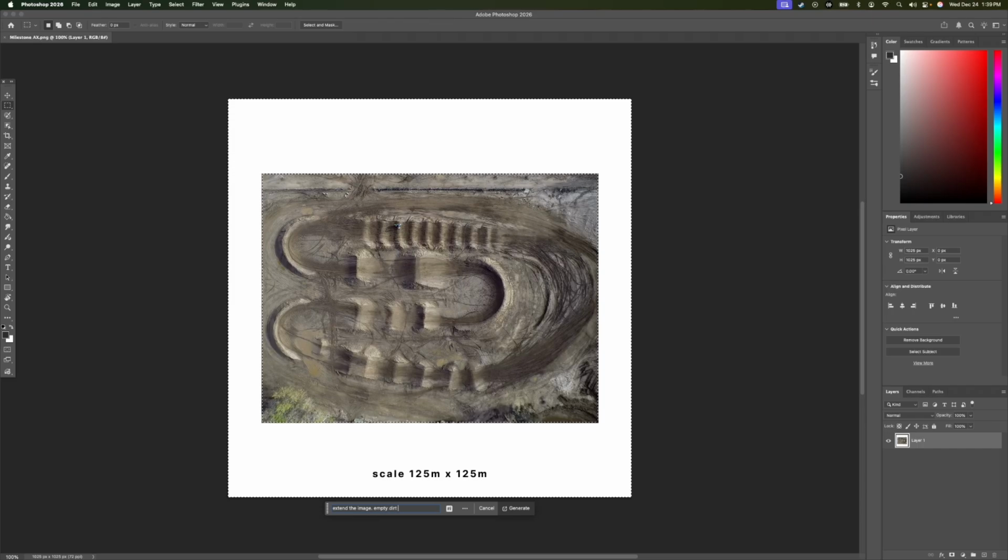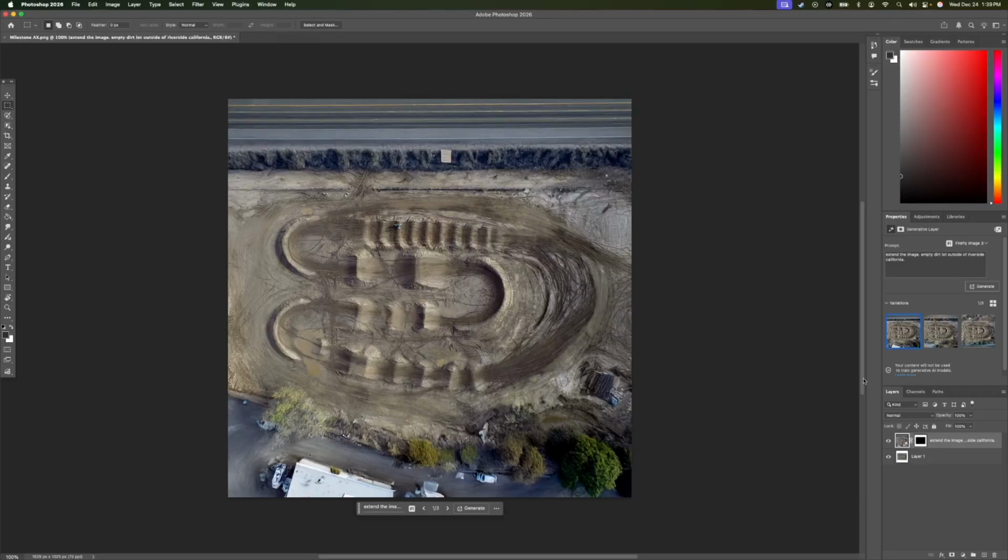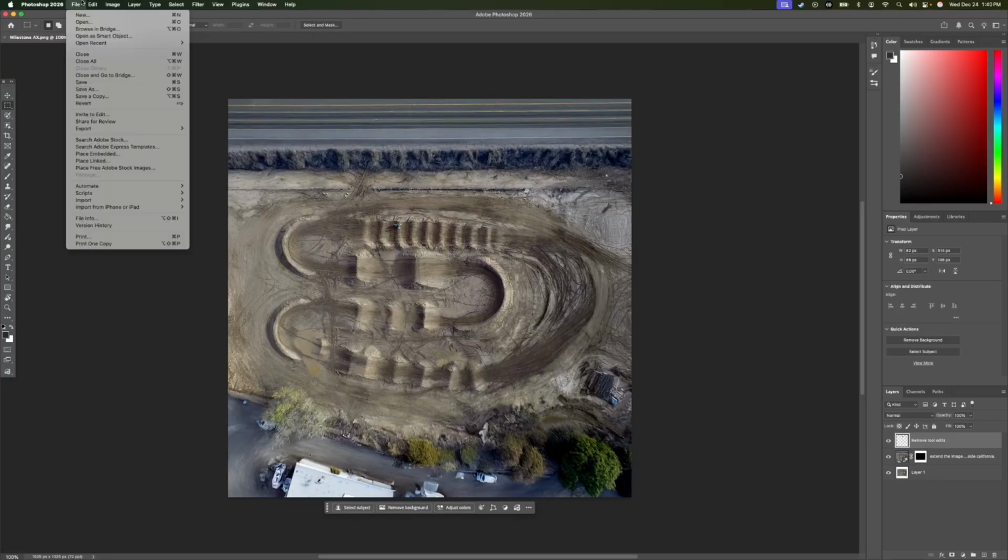Empty dirt lot outside of Riverside, California, which is where Milestone Arena Cross is in real life, or was. Rest in peace to Milestone. Perfect. Let's make sure none of our track really got changed. It just extends it. All right, now we'll go ahead and export